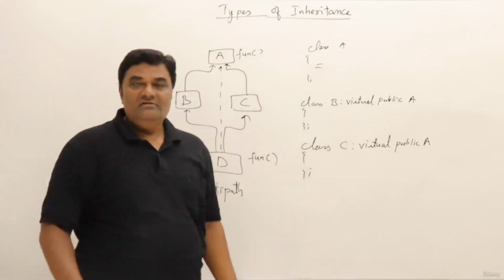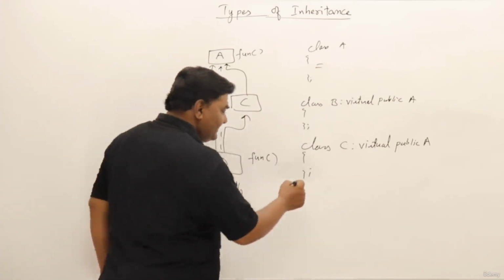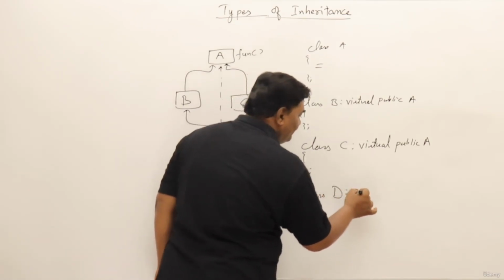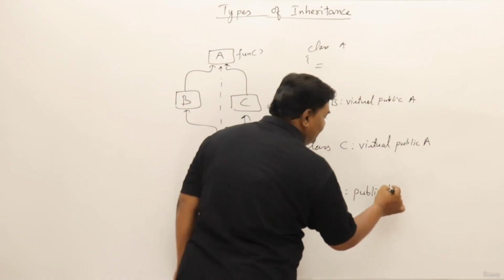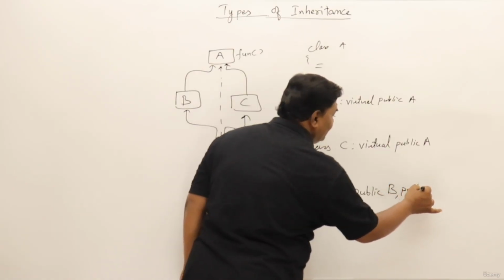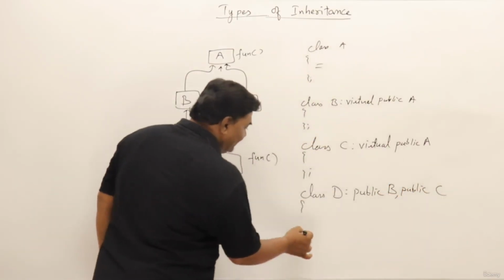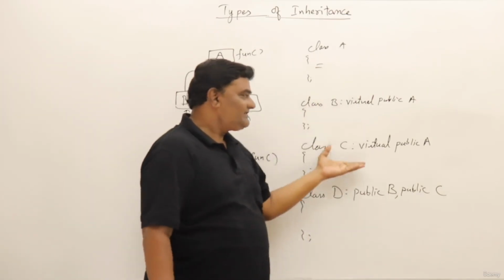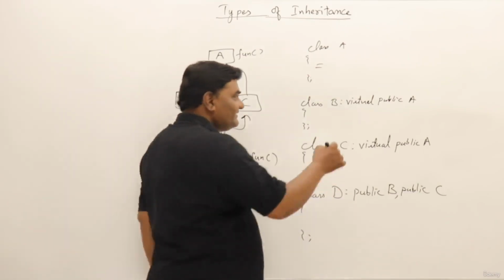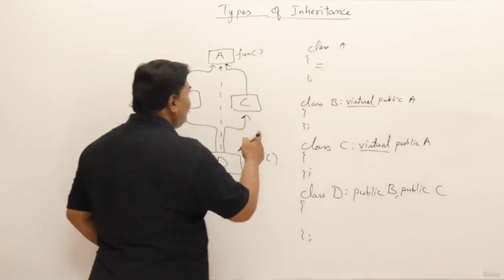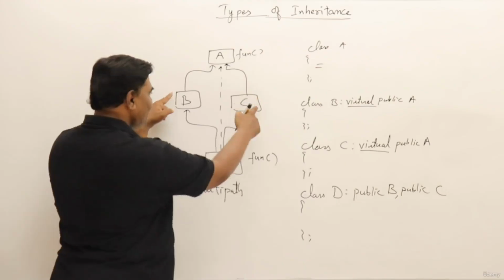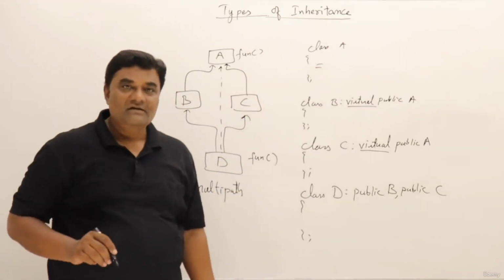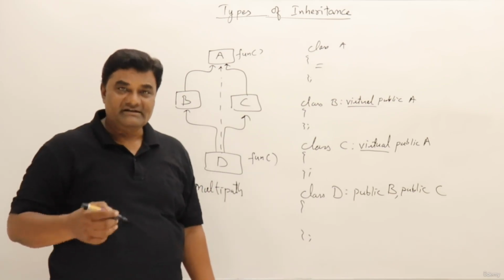So now these two classes are called virtual base classes. Now if I have a class D, which is inheriting from public B and public C, so D is inheriting from B as well as C, where B and C both are virtual base classes. If you write this, then the problem of ambiguity of that function appearing via B and C will be removed. This problem will not be there. So that's it. These are virtual base classes.